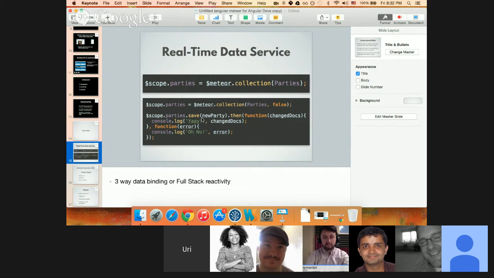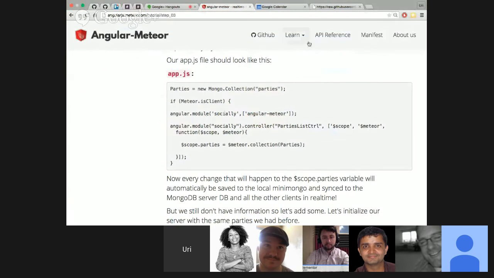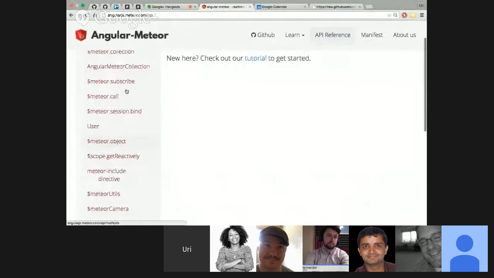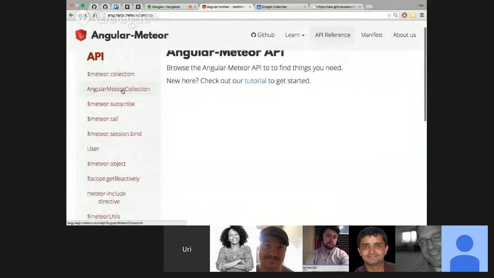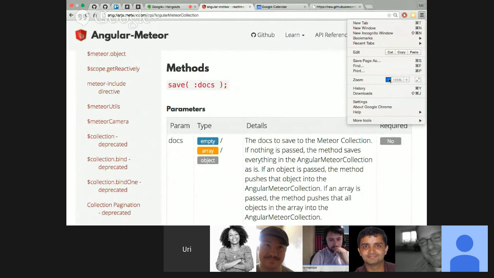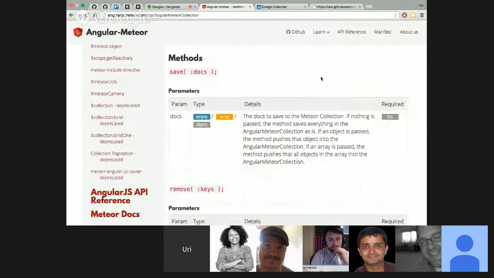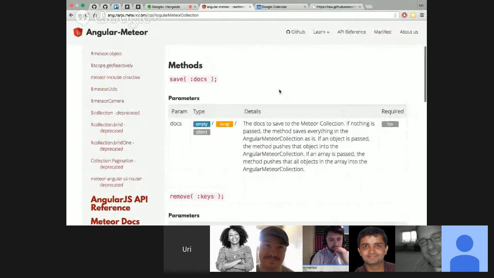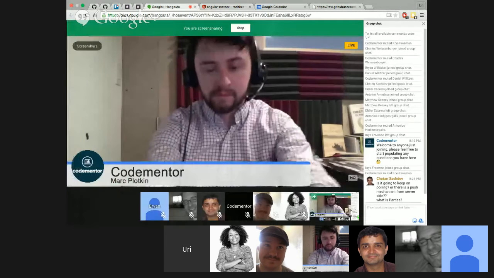We have an API reference where you can look and see what all those functions are. There's a save function, and if you don't send anything, it saves the whole collection. If you send an object, it will save that particular object. If it's a new object, it will add it. It's a very, very simple API. So I hope I answered the question.